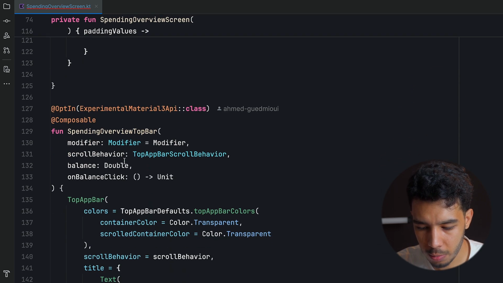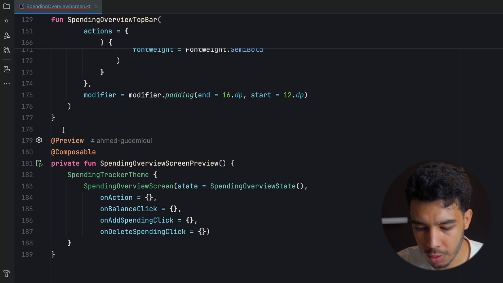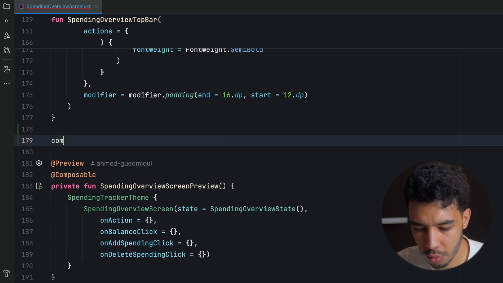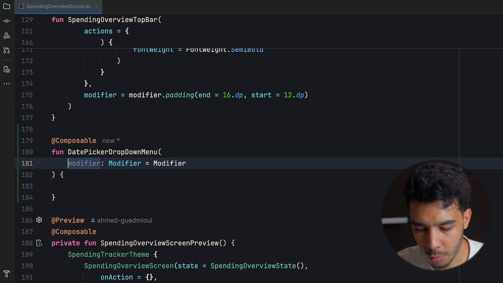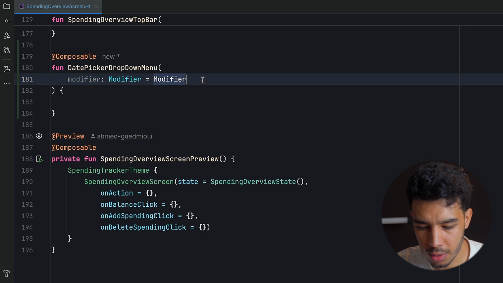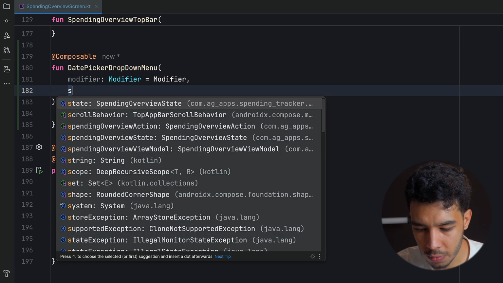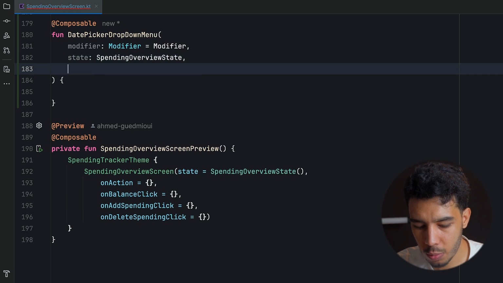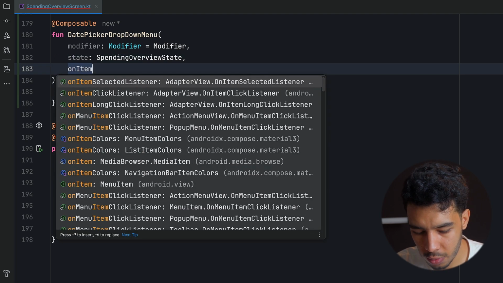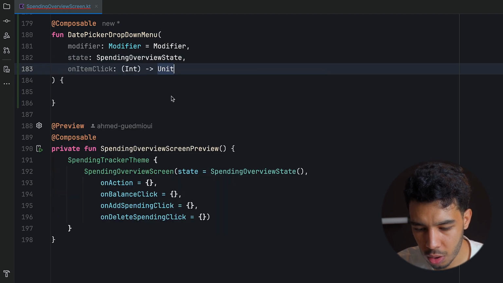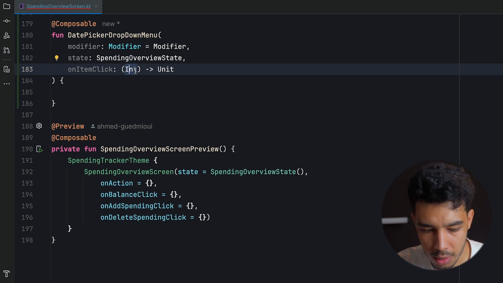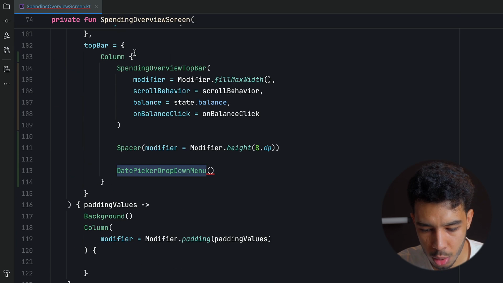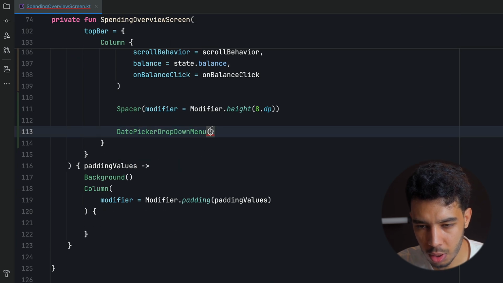So let's go down here, maybe above our top bar or below it. Let's create a composable date picker like this that will take a modifier and more things. It will take the state, so state of type spending overview state, and then a lambda function when we click on a menu item. So on item click, for example, we need just the position or the index of that item. We can now go back to where we called it and then pass the things we need, which are